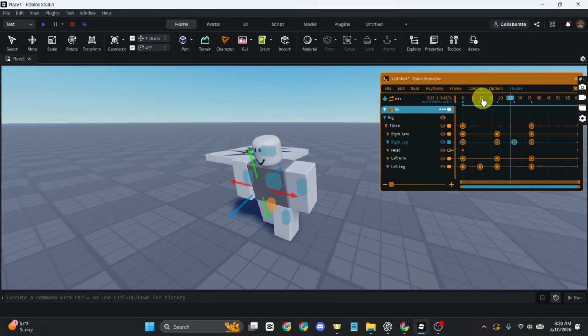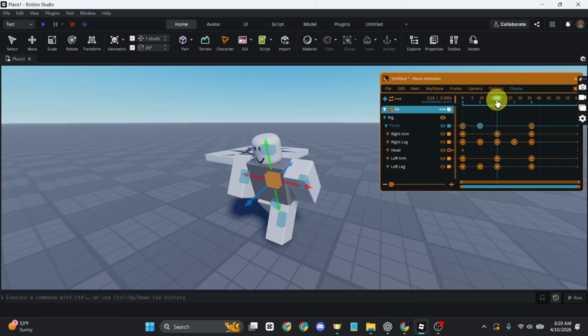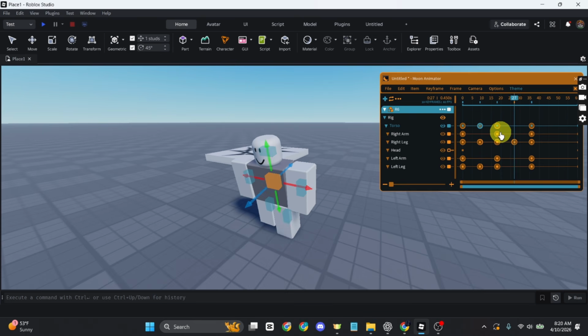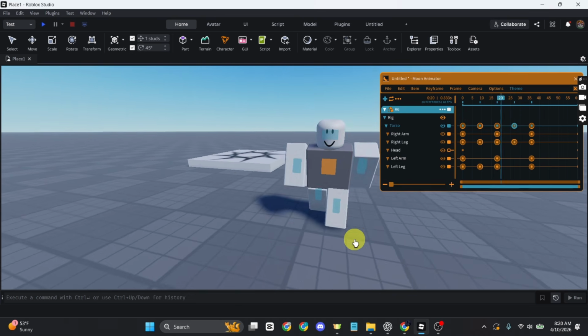You can also smooth it out by just selecting the torso and moving it a little bit up, just like so, and going to the second phase and copying the first frame by pressing Ctrl C and pressing Ctrl V, and you can copy the middle frame and paste it at the 450 mark, just like so. And now you can see we have successfully made a simple walk